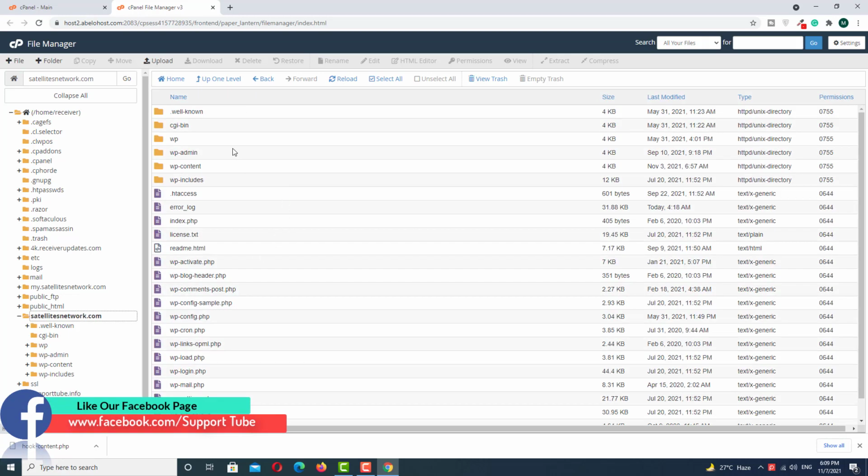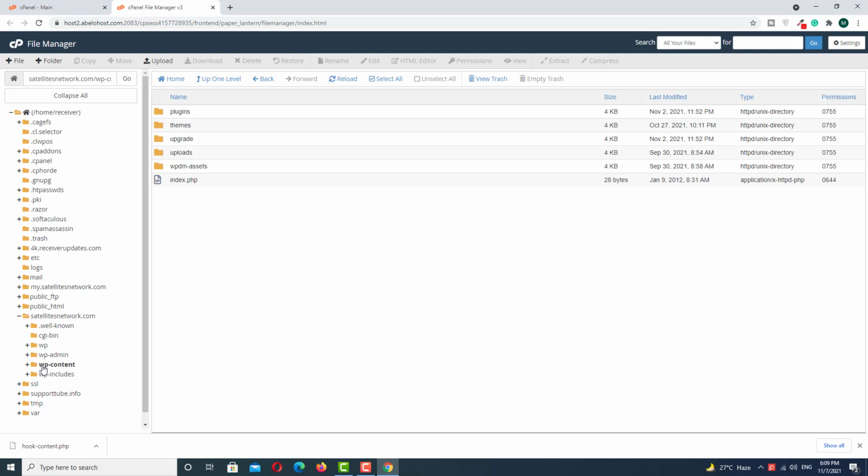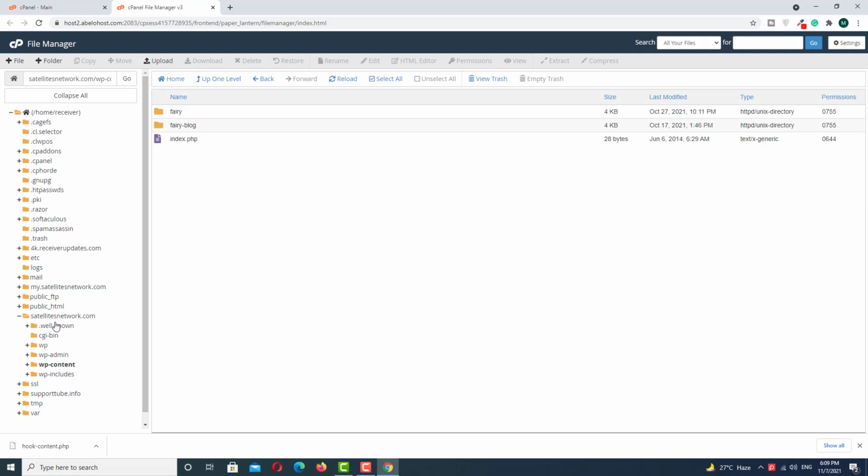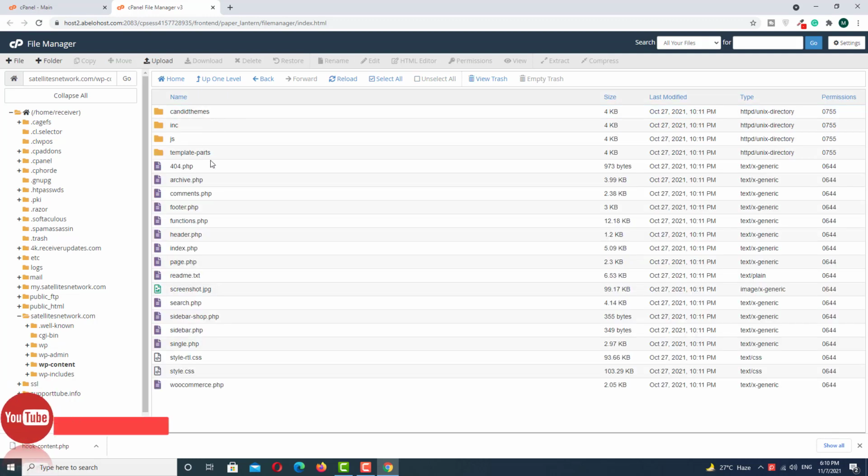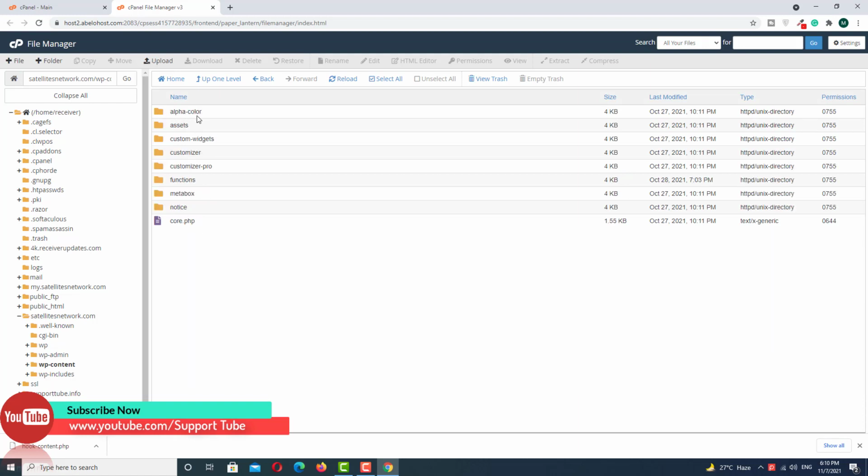And in the satellitenetwork.com website, we have a wp-content folder. In the wp-content folder we have a themes folder also, and in this area we have the first folder of the fairy theme. My current theme name is fairy, so we want to open this folder, and in this area we select the candidate themes folder by clicking here, and here you select the fountains folder by clicking here,